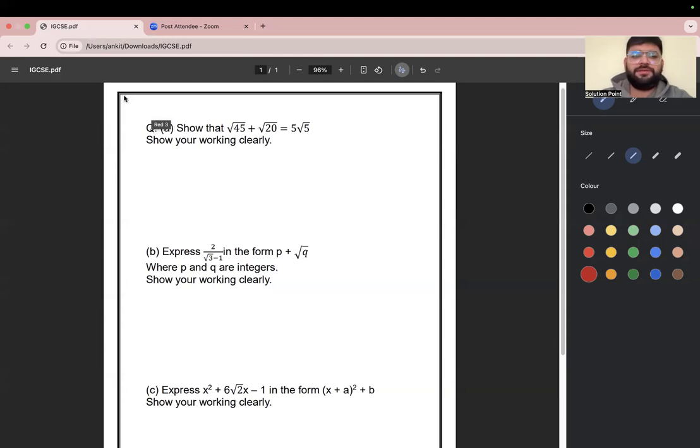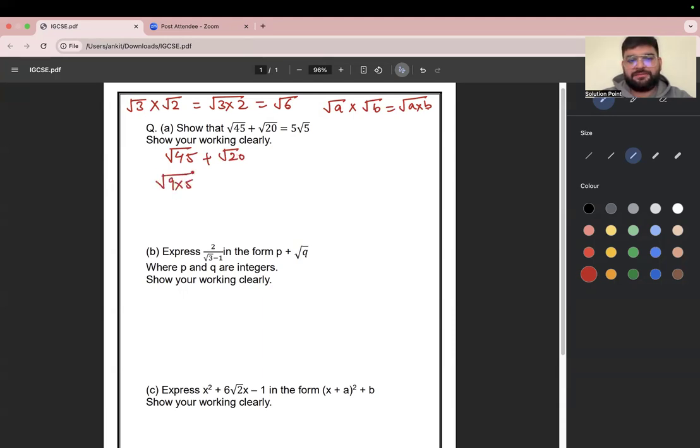Before proceeding with this question, let's recall this property: if we have square root of 3 times square root of 2, this will be equal to square root of 3 times 2, which is square root of 6. So I can generalize this property. If we have square root of a times square root of b, that is equal to square root of a times b. Now since we have square root of 45 plus square root of 20, I can split this 45